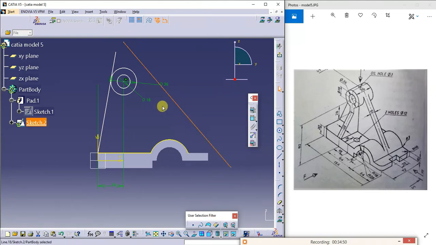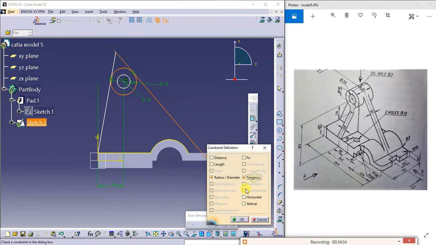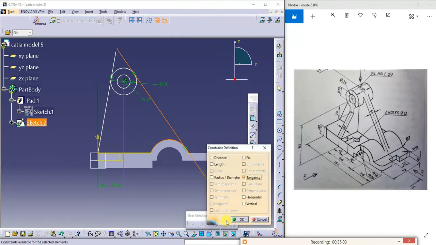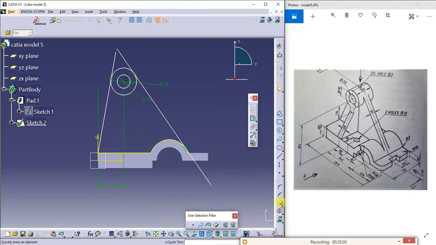Next, this and this should be tangent. Next, I'll trim the extra portions. Next, one more. This and this should be tangent. Next, I'll trim the extra portion here by using the trim command.